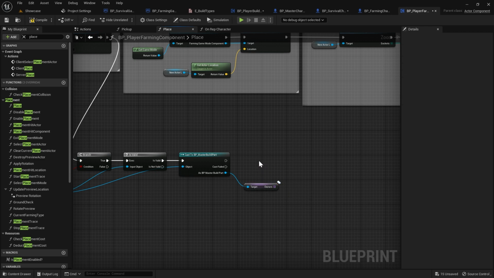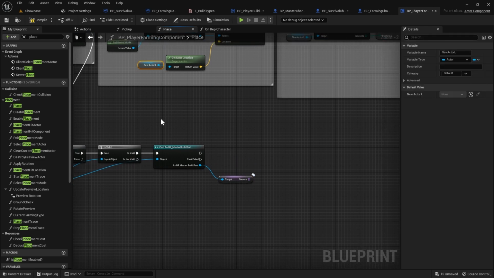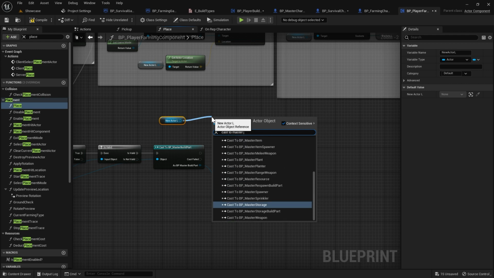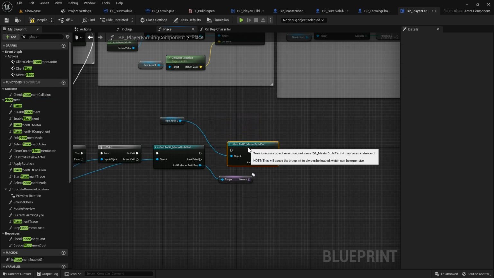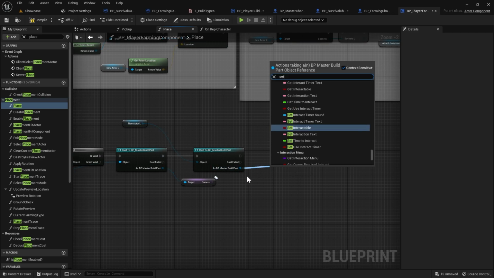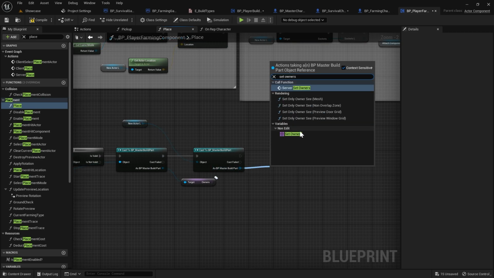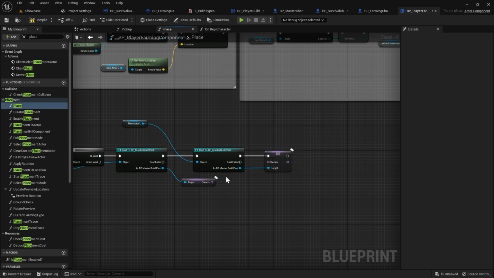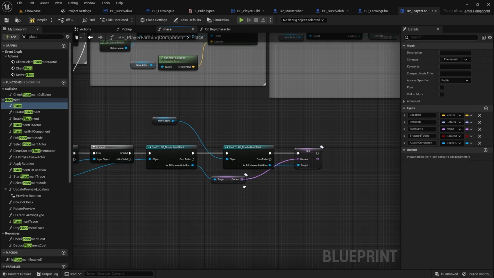And move this down. Then we're going to get our new actor variable. I'm just going to copy paste it, drag out from that and do cast to master build part. Connect that up to here. We're going to drag out from that cast node and do set owners and use the set owners node. Connect it up to our cast node and then take the owners and plug that into the set node like